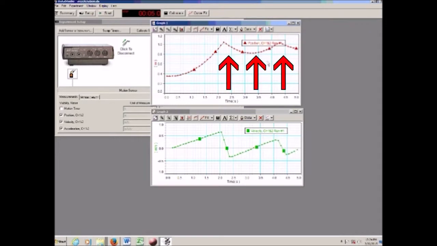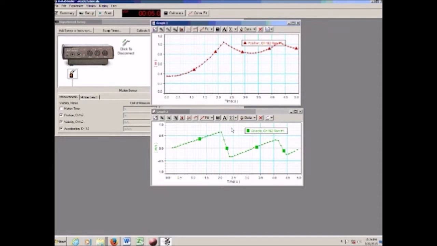Now this here is the bounce back at the end of the track. We don't care about that. Same thing here. It's only this first section here that we care about. So the cart was being accelerated. We expect on the position time graph for that to look curved, and it does. And because it was a constant acceleration, we expect on the velocity time graph to get a perfectly linear line,